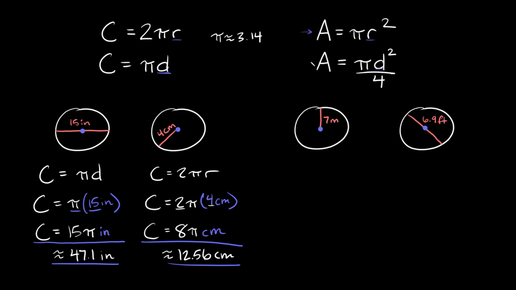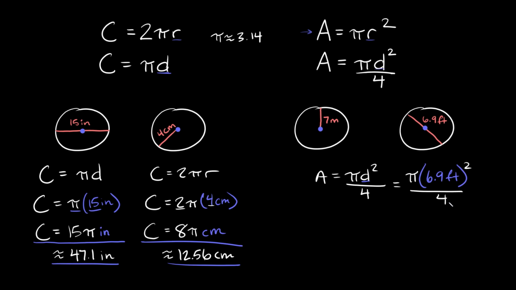So for the diameter, we want to use this second formula right here. So, and I'll just write it over here to the side a little bit. The area is equal to pi d squared all over 4. So here we know that the diameter is equal to 6.9 feet. So let's plug that in for d right here. So then the area is equal to pi times 6.9 feet